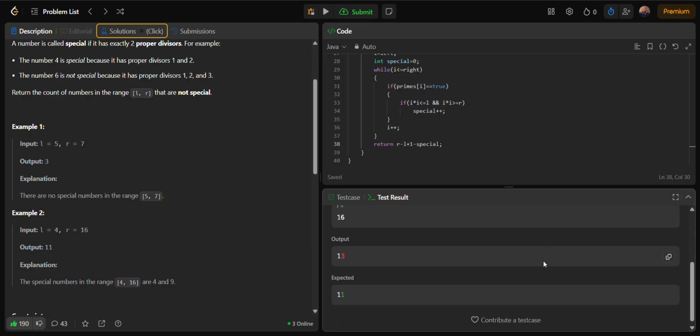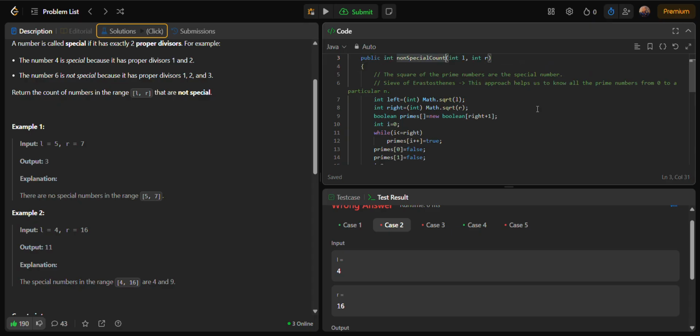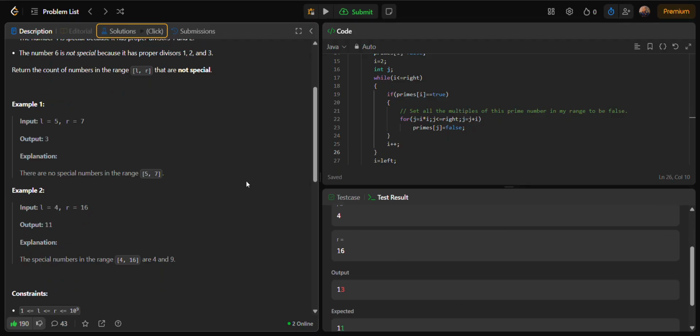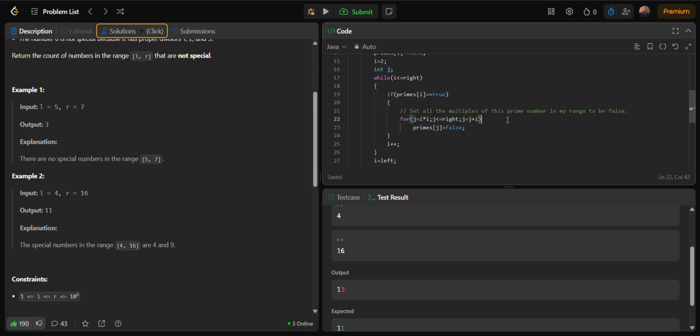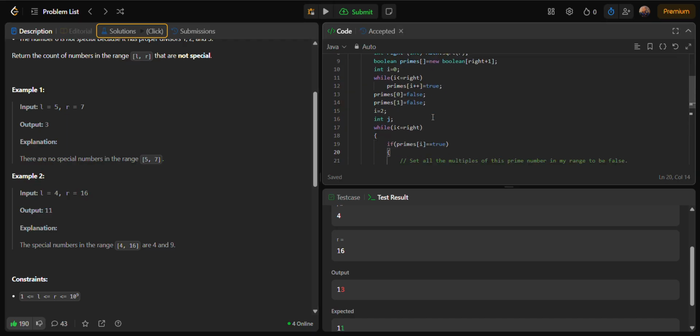Hmm. Okay, there are some sort of issues over here. Let's debug it a bit. Where I have got wrong. For the input 4 6, I'm getting 13 over here. Wow. Instead of 11. So yeah, special is 0. Primes of i, i square is less than equal to L, and i square greater than equal to R, i plus plus. Let me wait. Oh, hmm,